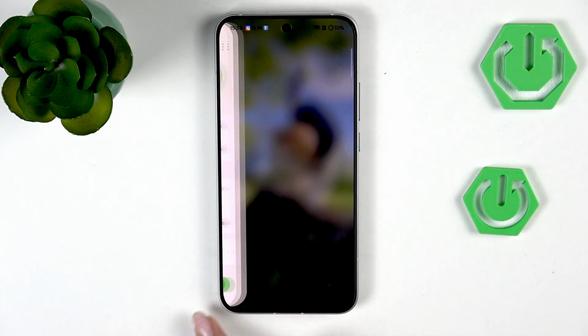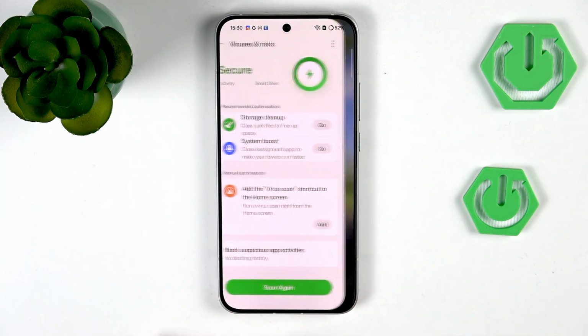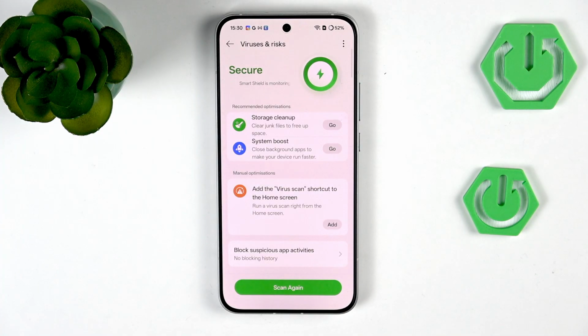However, for some reason it doesn't work. Okay, now it works. If you wish to come back to the previous page, just like by using the back